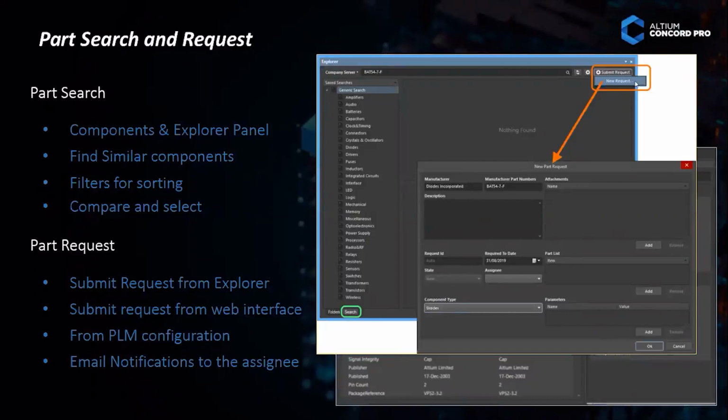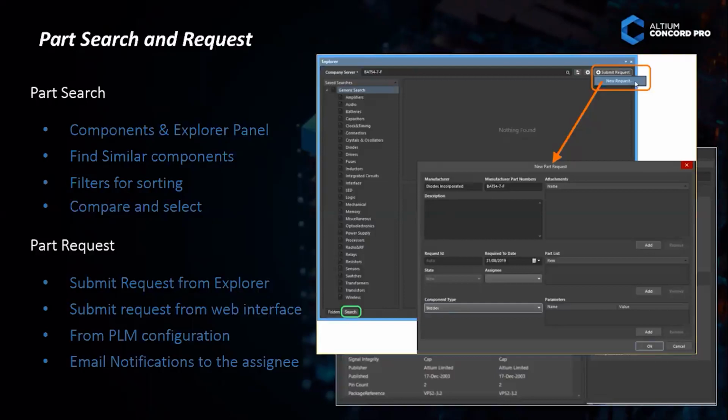So there is a submit request option. Directly he can click it and enter the component manufacturer part number, if he knows it, or the value or any information, so that a librarian can understand and create the component. Even the engineer can attach the datasheet if he has it. So directly from Altium Designer he can send a submit request. Once he submits the request, the librarian will get notified and create it. And from the web interface also he can submit the request, like we have the Altium web browser. From that also we can submit.